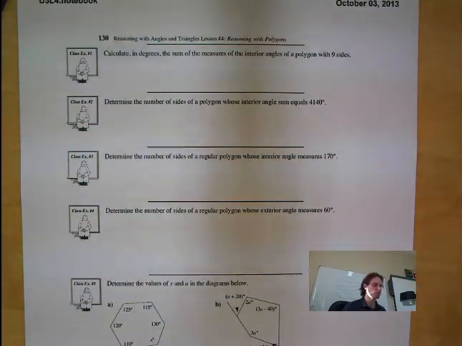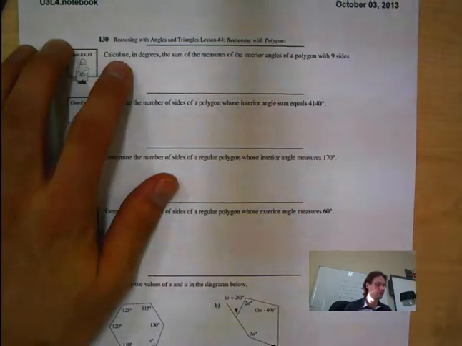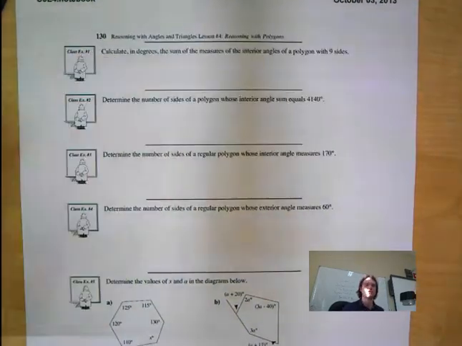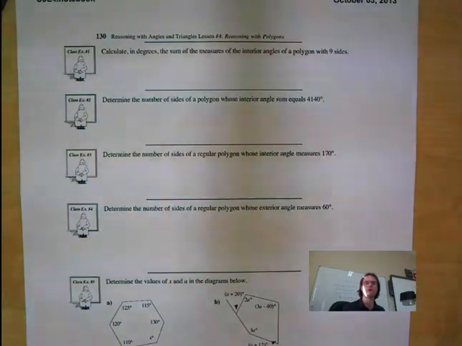So here we're going to finish part 2 of lesson 3 with the angles. The first one says, calculate in degrees the sum measure of interior angles of a polygon with 9 sides. So if we remember this from the page before, well, if it's a 9-sided polygon, it must have 7 triangles